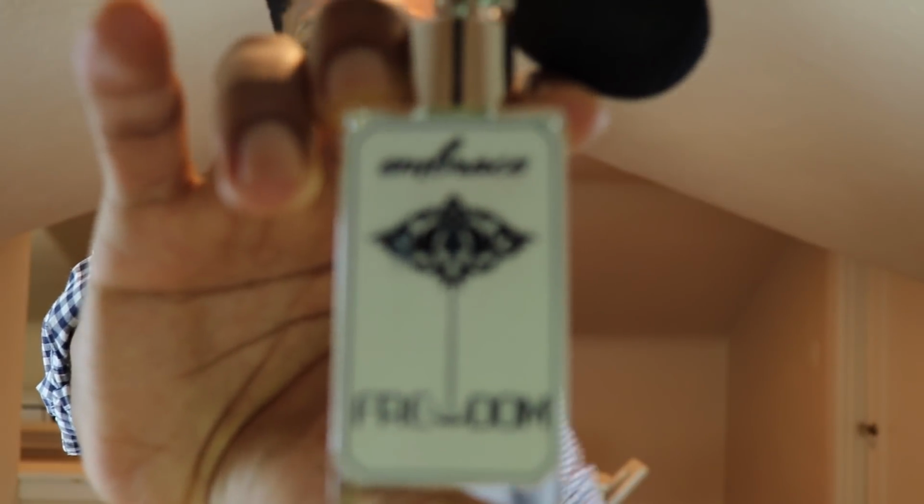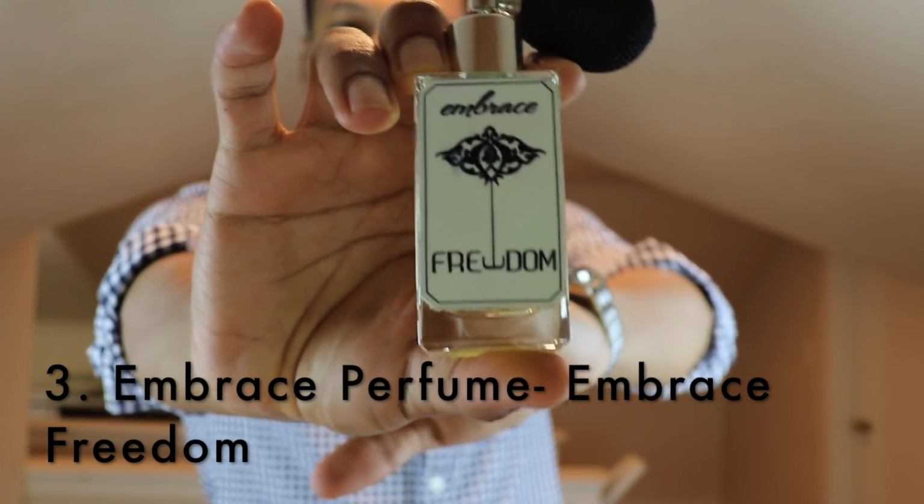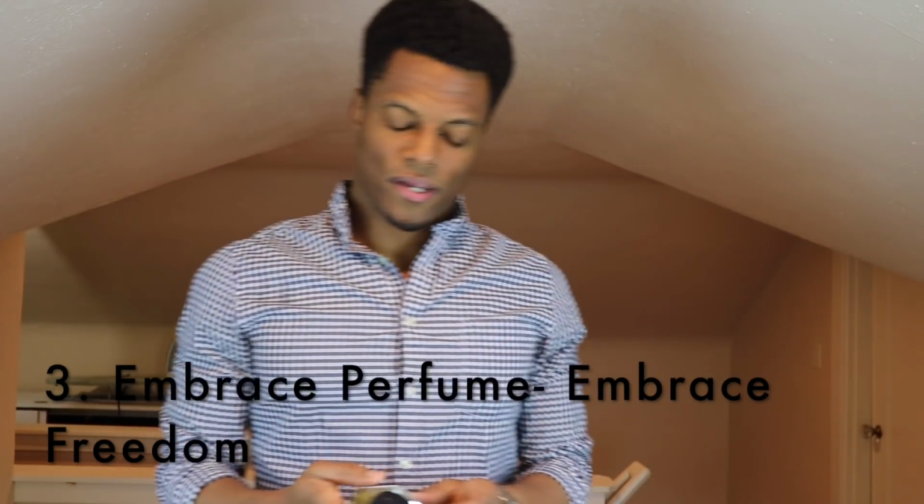This is Embrace Freedom from the house of Embrace Perfume. Whew, and this is a beast mode fresh scent. Those are kind of rare. You don't get a lot of fragrances that are considered fresh, but also will last all day and project like crazy. This stuff, I believe, has a very high concentration of oils,